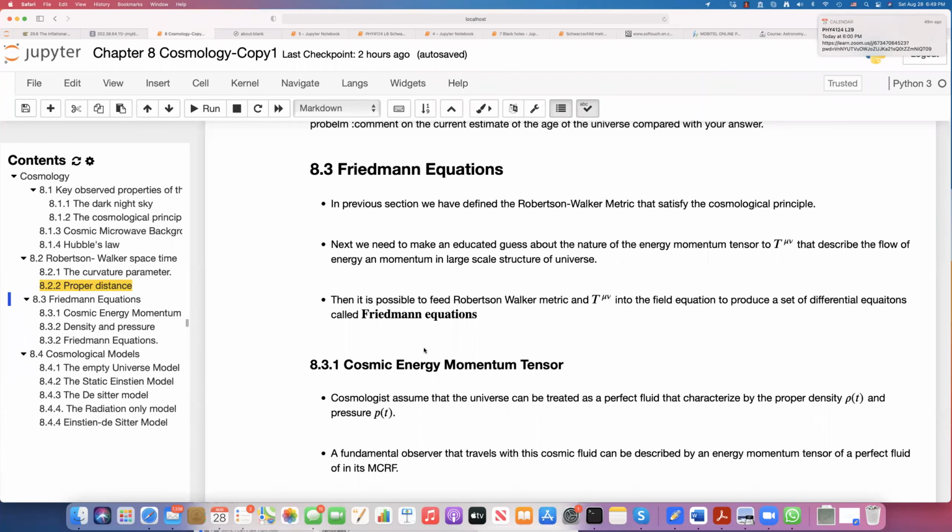Now, if you remember the chapter where we talked about the Schwarzschild metric, we did the same thing, right? So we have a metric. Once you have the metric defined, you can find the connection coefficients and then the Riemann curvature tensor, Ricci tensor, and the Ricci scalar. And from that, you can complete the left-hand side of Einstein's field equation, right? But for the right-hand side, you should have a source of this energy. So that is basically given by this energy momentum tensor, right?